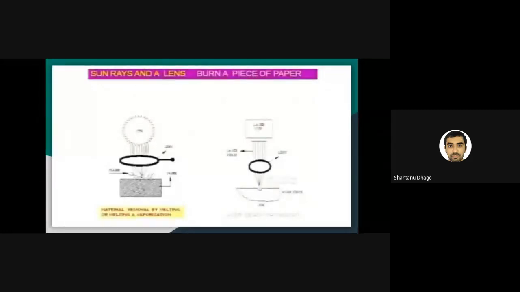Due to this phenomenon, laser beam machining was introduced, or the laser beam machining process was developed. Here you can see in this other diagram we have the laser gun, with the help of which laser is produced. With this laser gun, the laser beam is produced, and